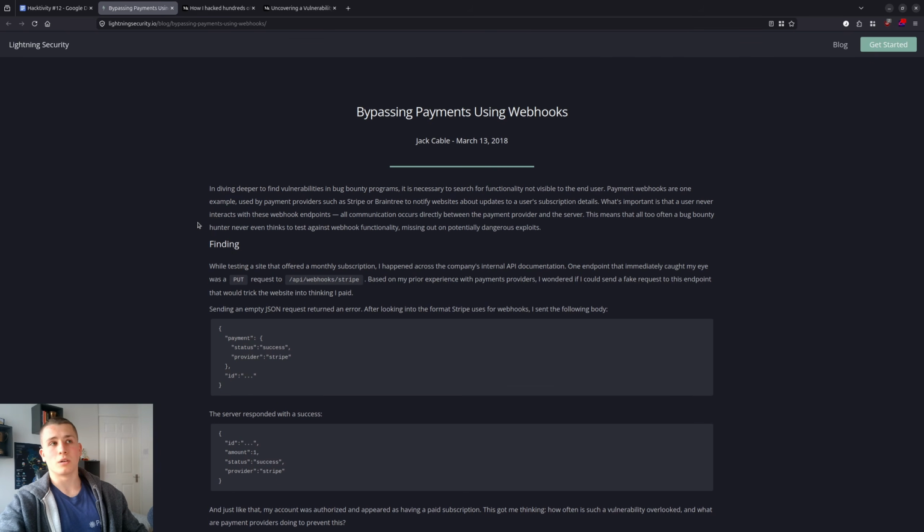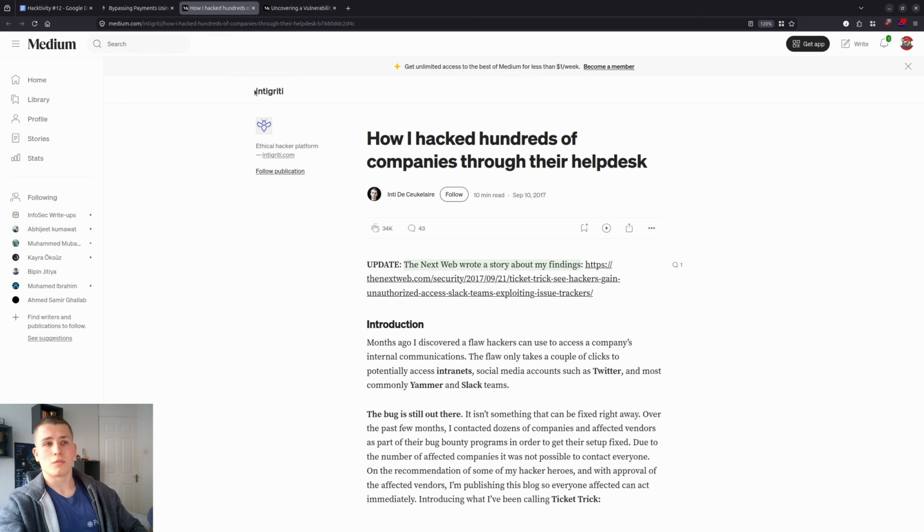So now we're going to move on to Zendesk. And this is the report in Zendesk. I actually really enjoyed reading this report. I think it was very engaging by this researcher Init de Coclea. Okay, I definitely didn't pronounce that right. I apologise. Anyway, all the reports are going to be in the description, so you can have a read of